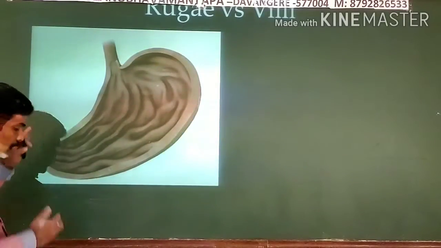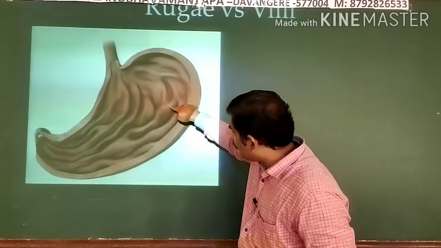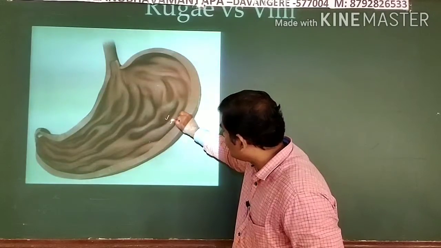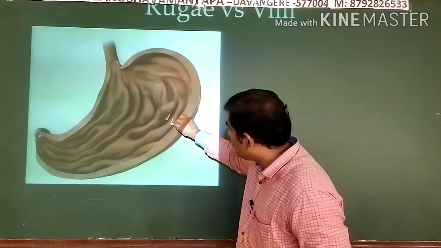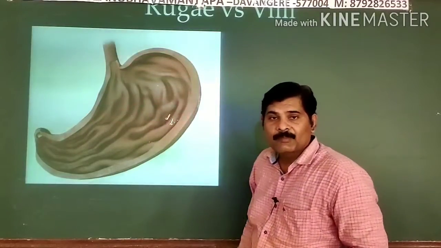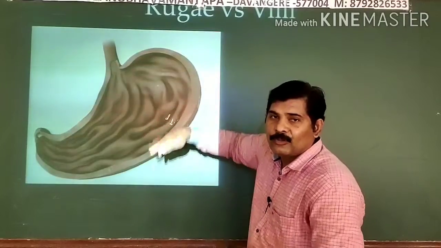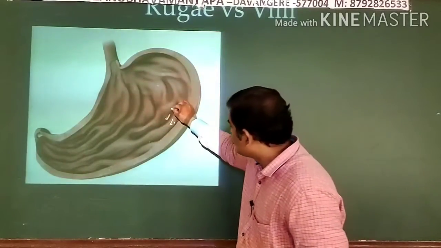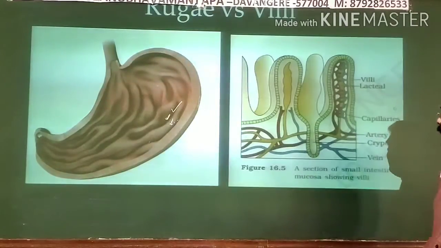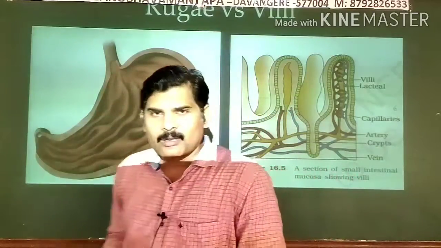See, this is your diagram, the internal portion of the stomach. There you can see certain kinds of ridges, and you can see some depressions also. Here it is a ridge, an elevation, and this is a depression. When you see the internal portion completely, it doesn't have any particular regular form; they are all irregular, with elevations and depressions. So generally you can consider these as the gastric rugae, whereas this is the structure of your villus, which is a very important concept.